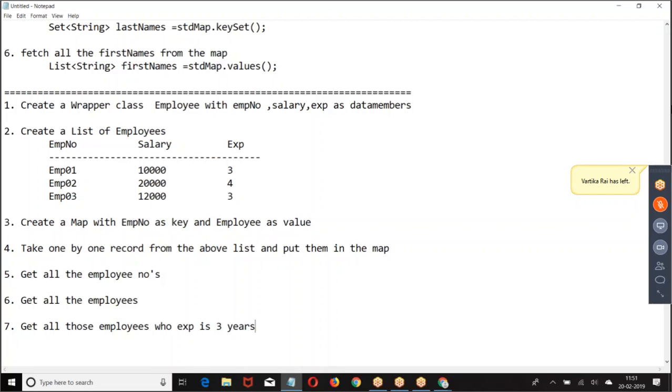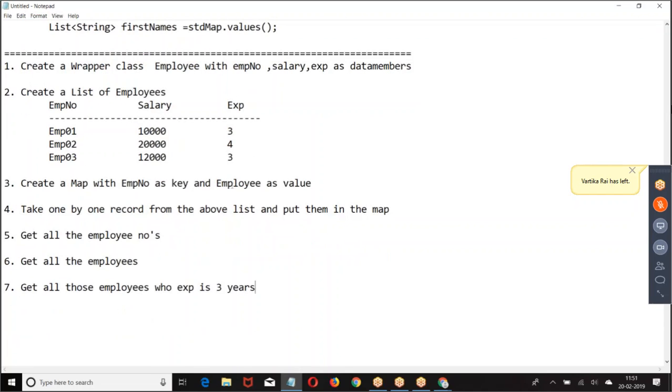Complete this. Take step one, take step by step and do it. Don't copy all the use case at a time. Start doing one by one.